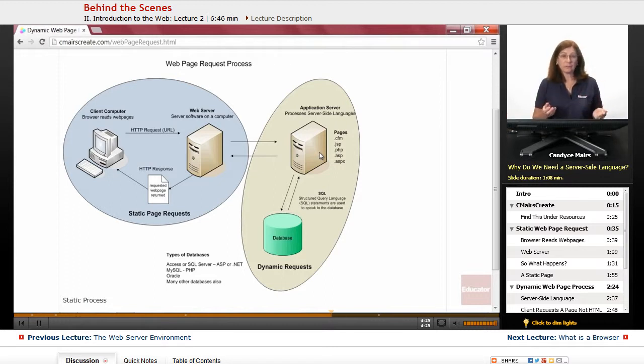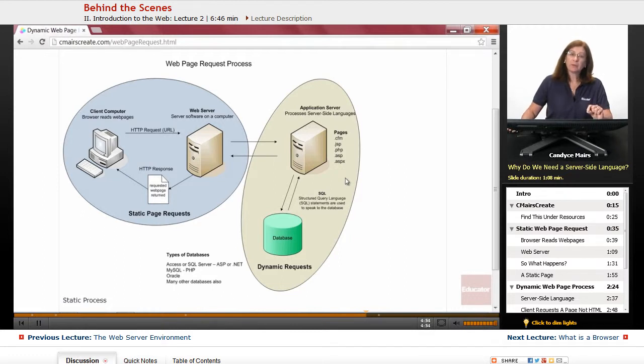So in other words, database information comes out, gets sent to the application server that puts the page together. And basically, the application server puts the page together as HTML. Once it's done, then it sends it to the web server, which can send that page directly back to whatever client requested it. So most of the processing is all done at the application server level,